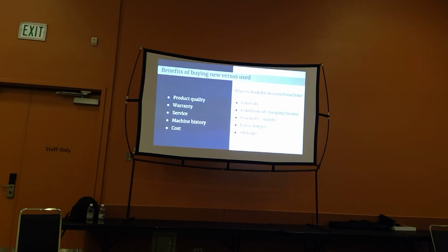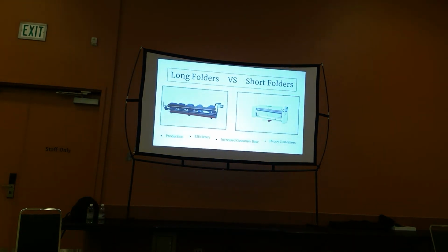So, long folder versus short folder. 21 foot versus 10, 13, and 14, anything in between. I like